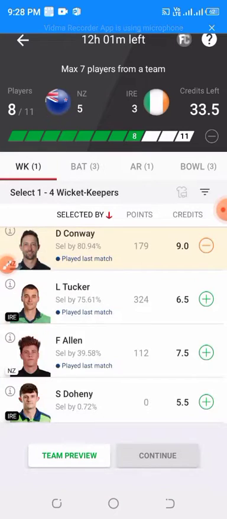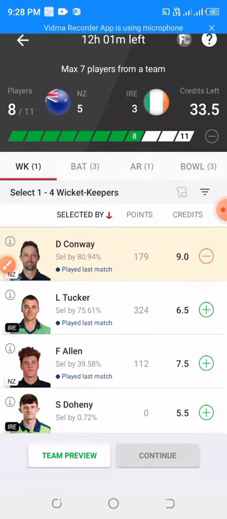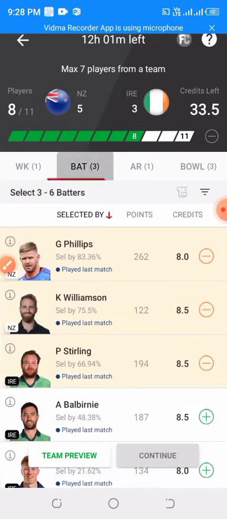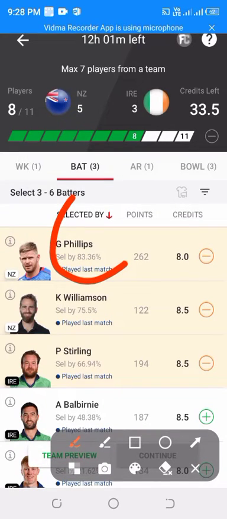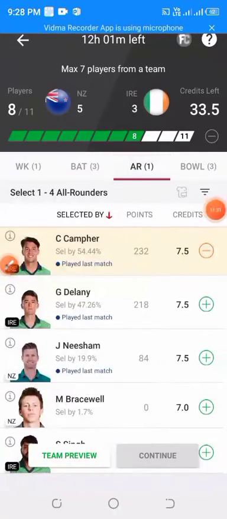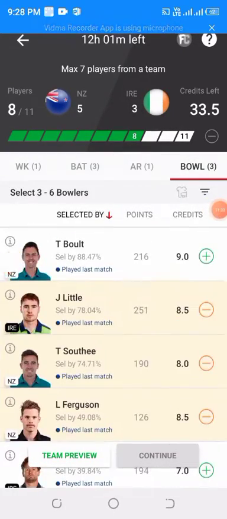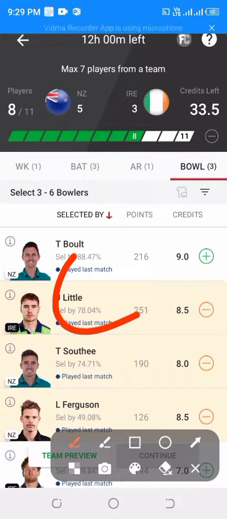So now looking at the captaincy choices, Devon Conway would be a default captaincy choice, and Glenn Phillips is a differential captaincy option because his head-to-head record is looking good and his form is looking good. And the other option is Joshua Little when Ireland is bowling first, and Lockie Ferguson can be considered as a vice captain choice when New Zealand is bowling second.